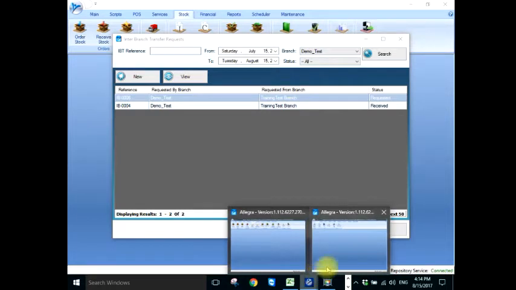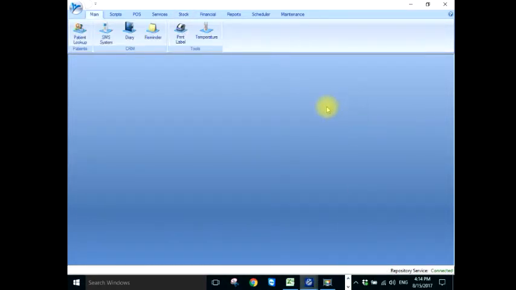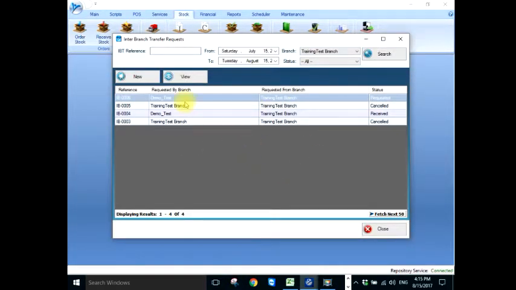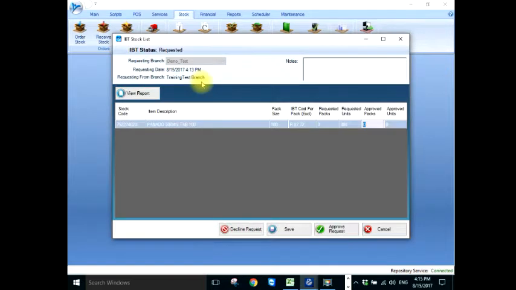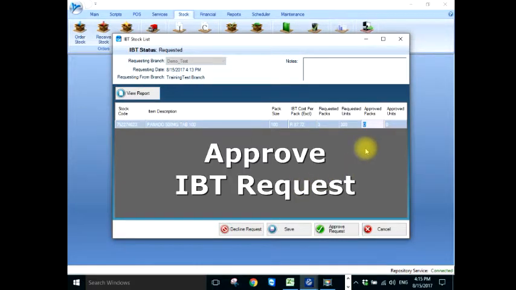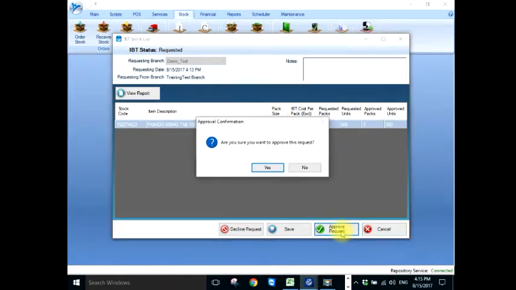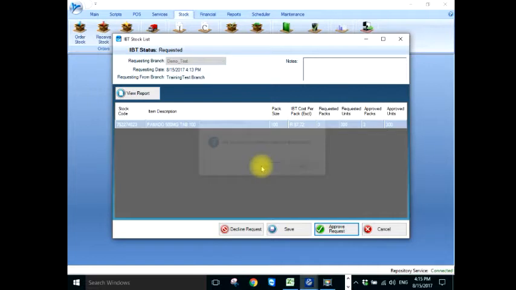So let's now go and log into our training test branch. Go to the stock module, IBT request, and search. And here we can see requested by branch, requested from our training test branch. Click on the view button. From here, everything gets done from this view button. So we view the stock, and now they requested 3 packs, and from here we can either approve the request or decline the request. So in this case, we're going to approve the request and confirm,